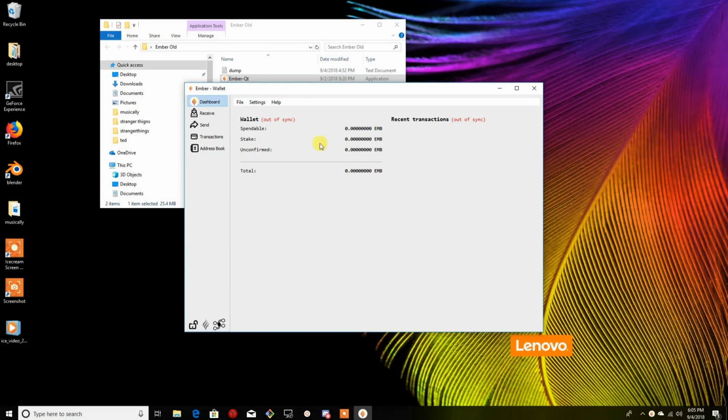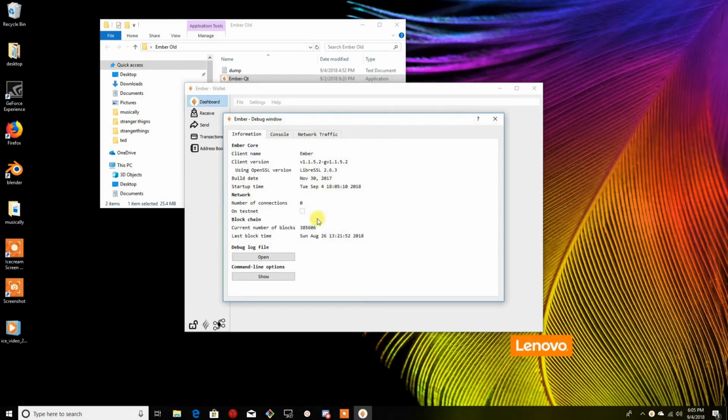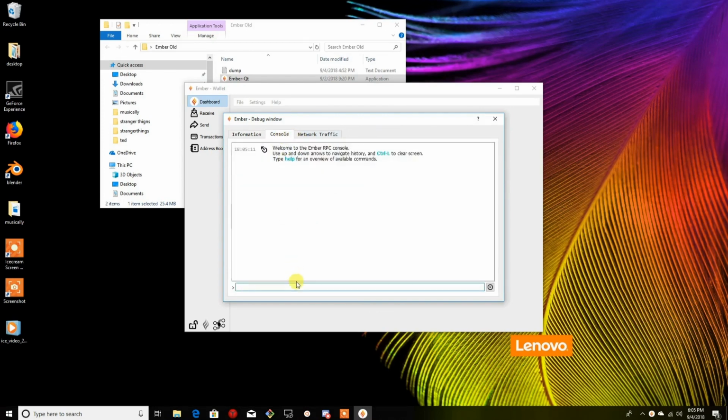To get our wallet keys, we want to go to the help section here and click on debug window. In this debug window, you'll see we have this console tab. We click on that, and into this console we're going to type dump wallet dump.txt. Click enter. You'll see that the dump wallet dump.txt command is inputted into the console, and you have this little output that says it was outputted,